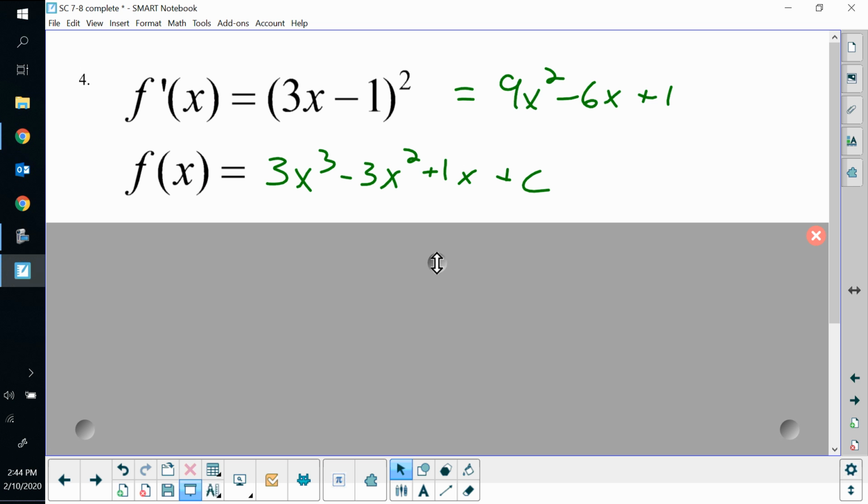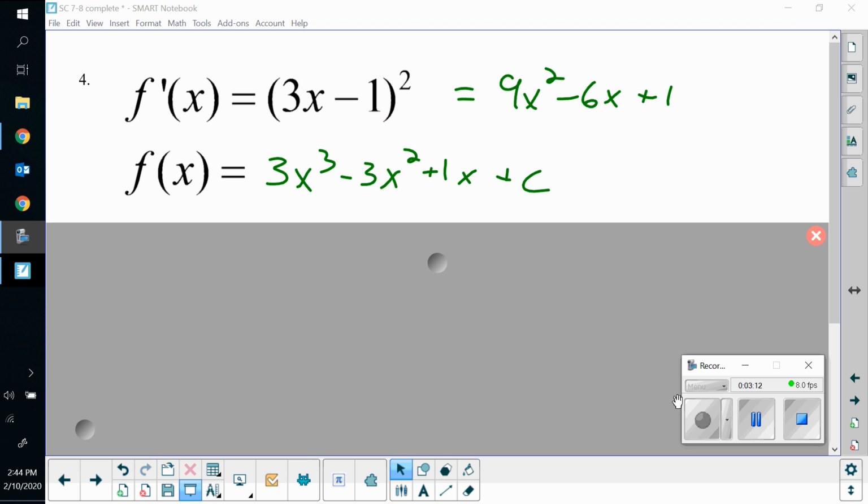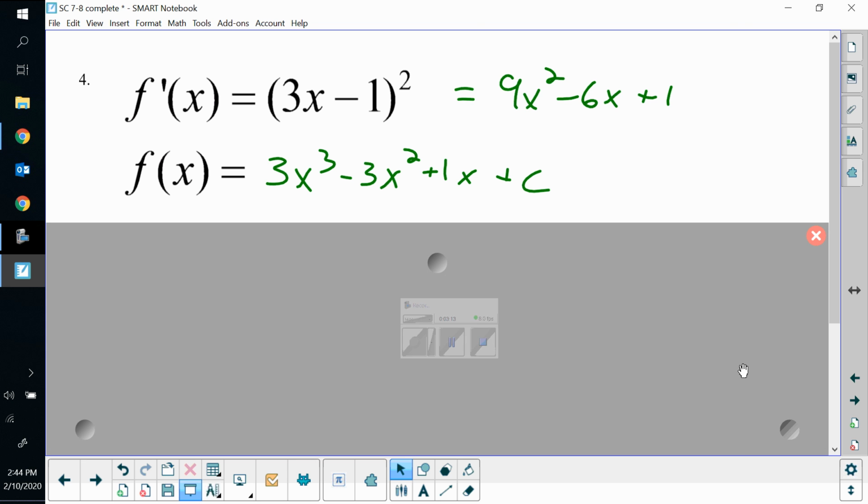Okay, we should have had this. So I always like to think of it as new exponent first. So in our first term, the exponent's got to go up 1, so we have x cubed. And then you divide out front by that new exponent, so we get 3. In the second term, the new exponent goes up 1, so it's 2. You divide out front by the new exponent, negative 6 divided by 2 is negative 3. Now, the